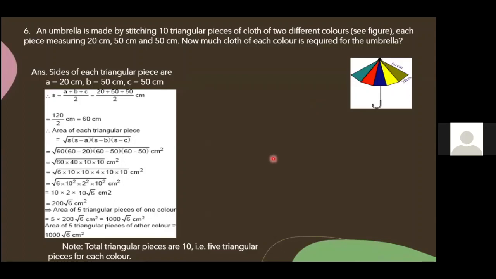Anyone have a doubt, you can write. Yes, Ajay. Ma'am, instead of using Heron's formula, we can find out each color's area of triangle and then multiply it by 2, no, ma'am? See, Ajay, to find the area of all triangular pieces of cloth, we need to use the same formula. You can find any one and multiply it by 10, no? Ma'am, we can even use half into base into height formula for this question. No, Ajay, because height is not given. How will you find out the height then?